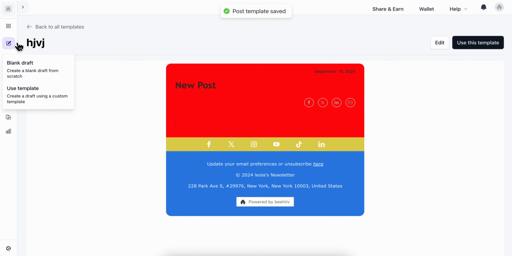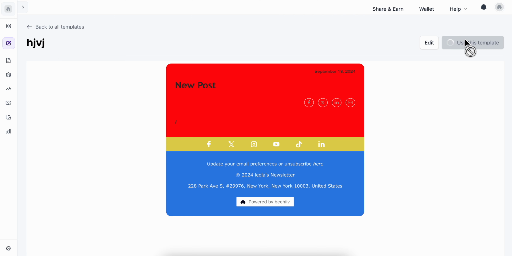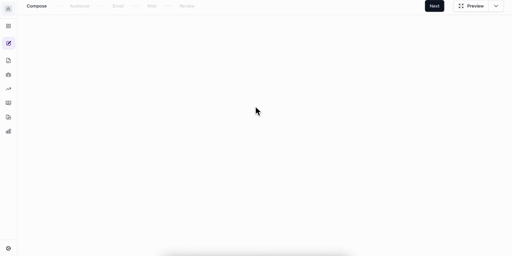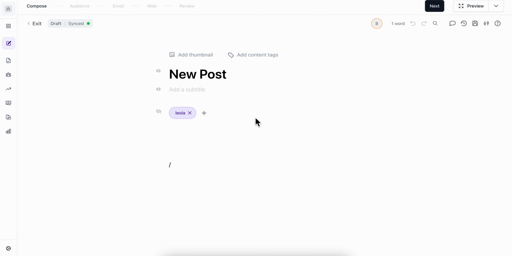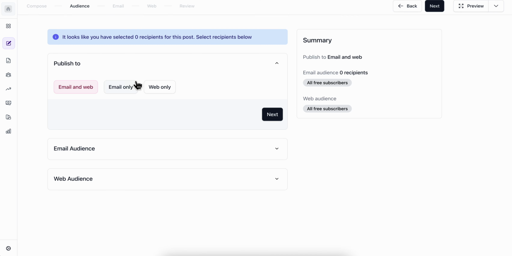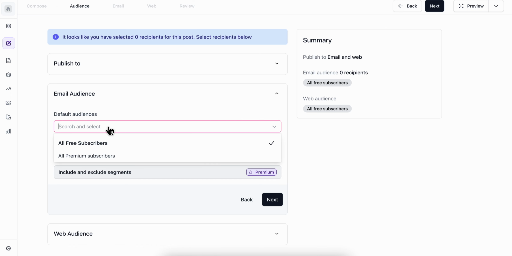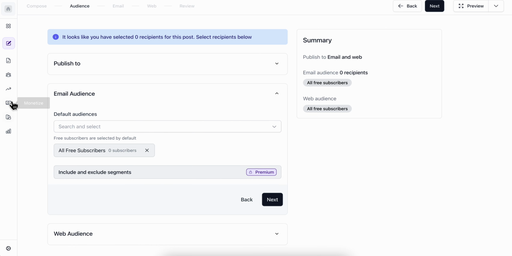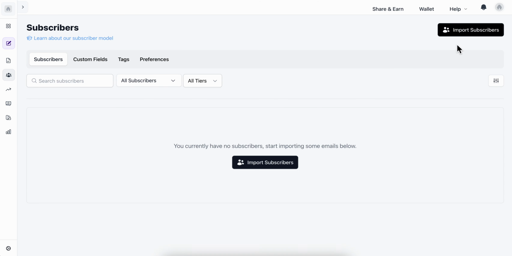And basically now if you go and use this template that is created, you can send email newsletter to your audience. So you're gonna have to use this template and then simply start typing your email content, and after that you're gonna have to simply select your email list, and as you can see here you're gonna have to click on next, and you can simply enter all your subscribers. So you're gonna have to go to audience, subscribers, and here you can import them, and